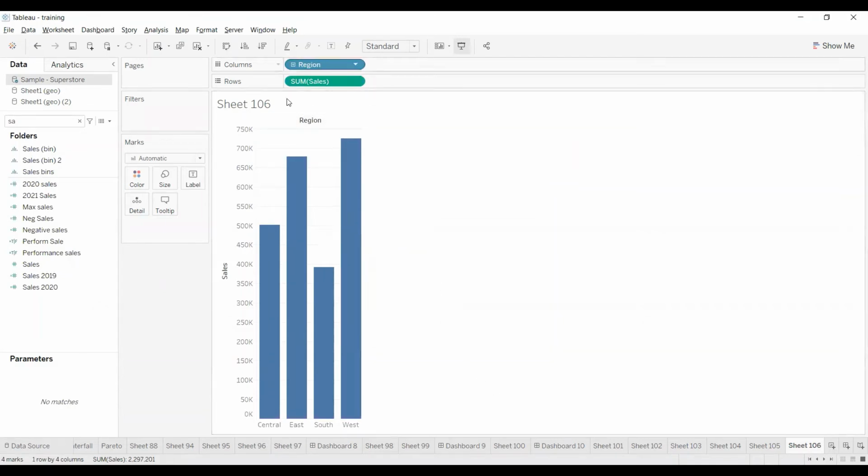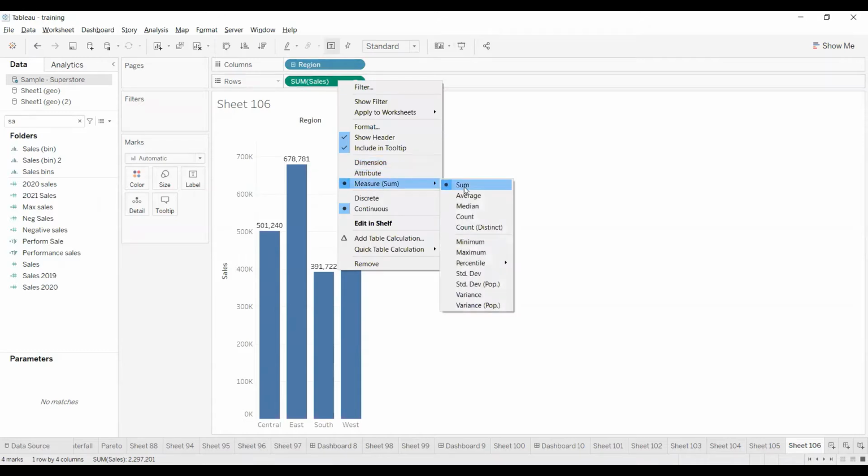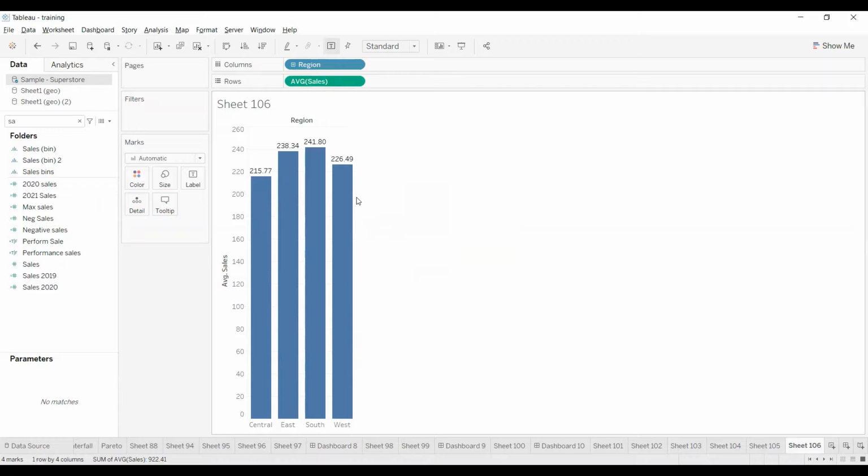I am going to give the labels. Here I am seeing region wise sales, but I would like to see average. So right click here, measure sum, go to average. So I got each region wise average sales.